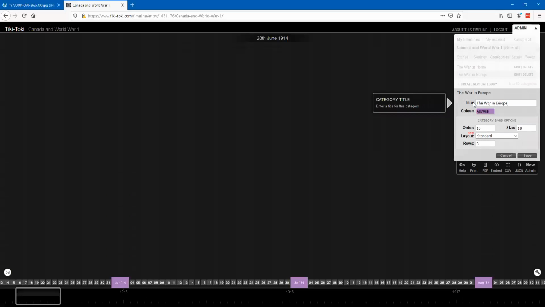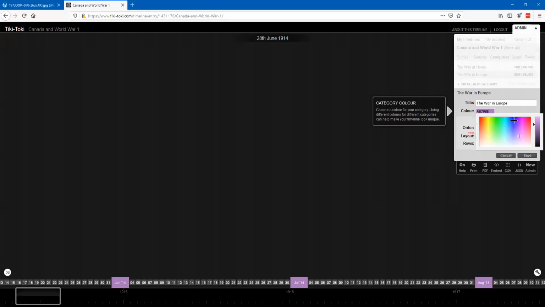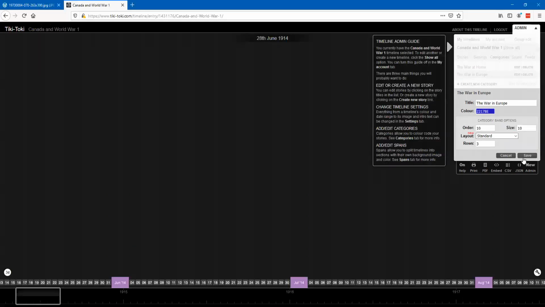Because that's basically what I'm going to focus on with this, the war in Europe. And let's make that war in Europe a blue of some sort here. Yeah, that'll work. So I've got two categories, the war at home and the war in Europe. Now, once I've got those two categories in place, I can start adding